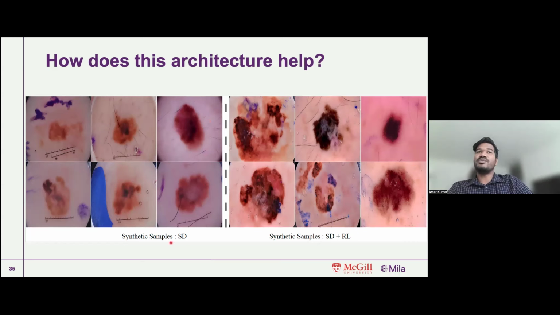So what we did was a baseline comparison of the images that are completely synthetic, generated from the fine-tuned method, and the architecture that took into account this reinforcement learning based method. And once we had these synthesized images, we were able to repopulate the original data set, and we showed that it improved the downstream classification task.